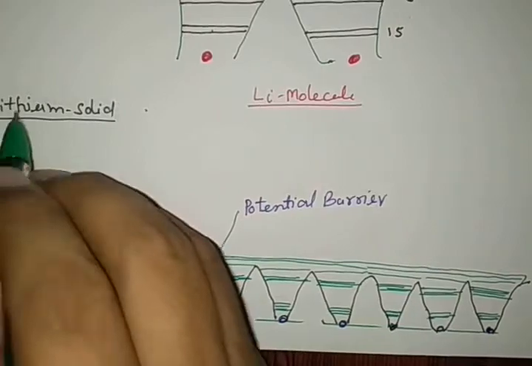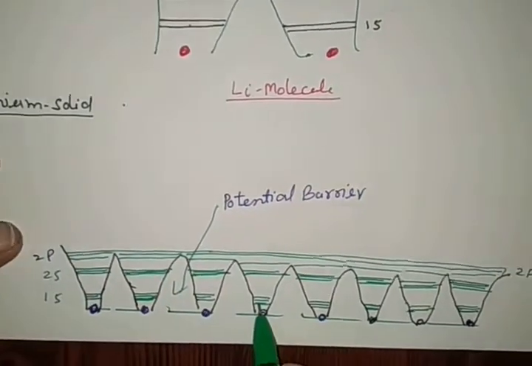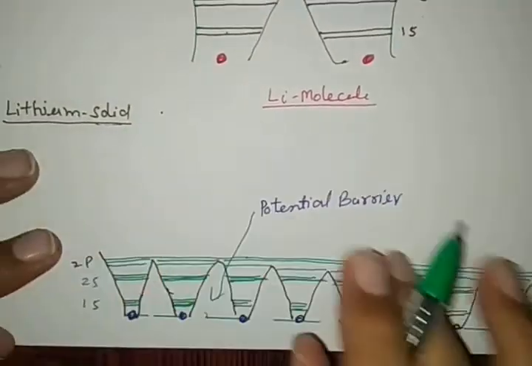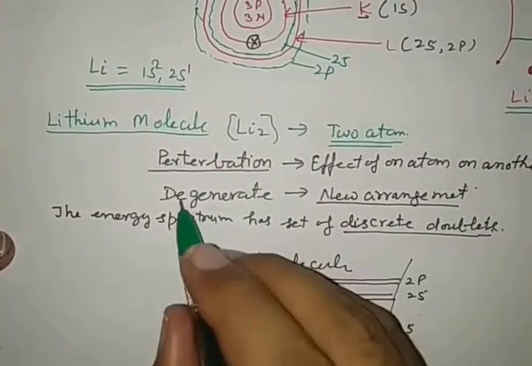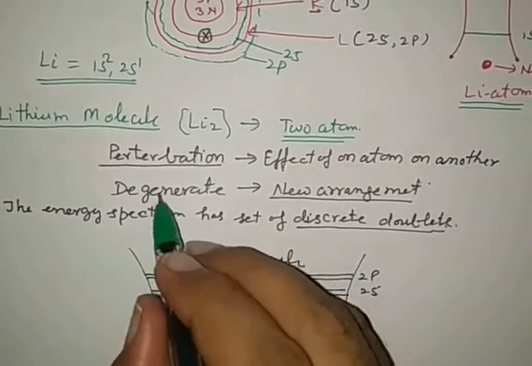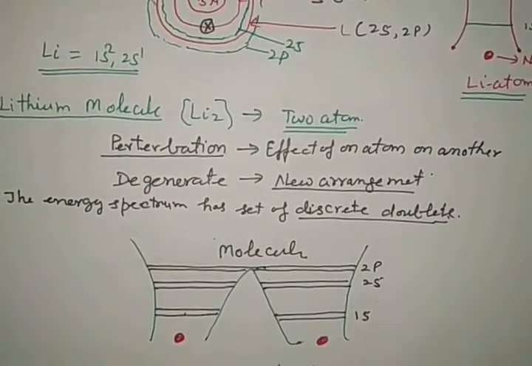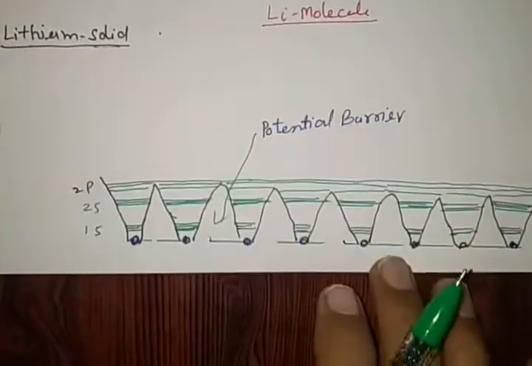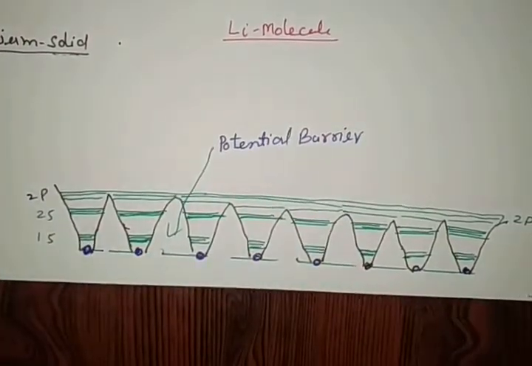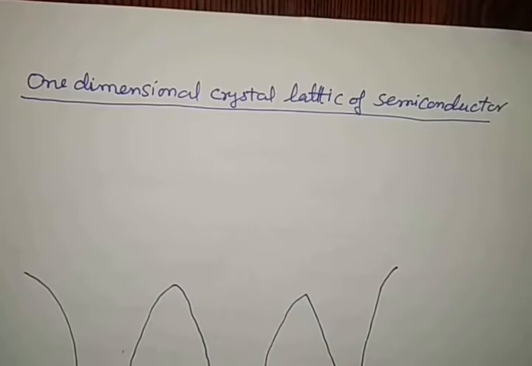So this is the spectra analysis for a solid by applying perturbation theory. And due to perturbation theory, there is degeneracy in the new arrangement. In the case of a molecule, it is the degeneracy, and in the case of a solid, the degeneracy is in this way. Now, the same perturbation effect we are going to see in